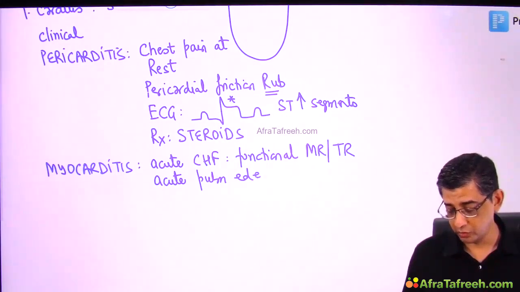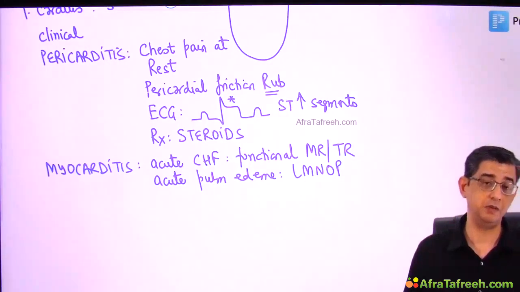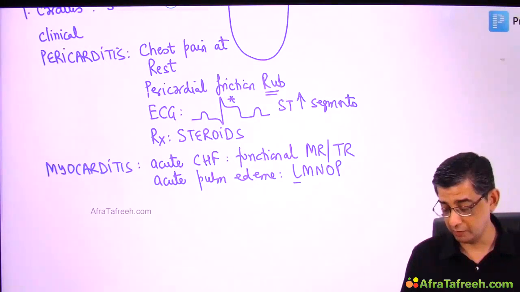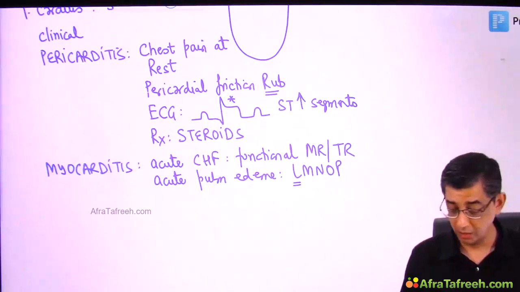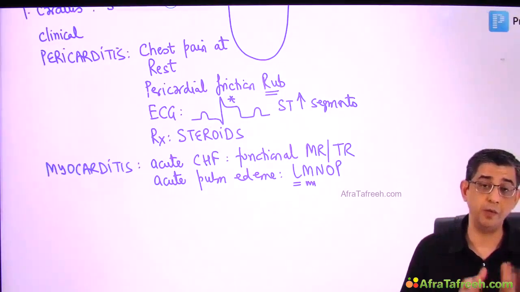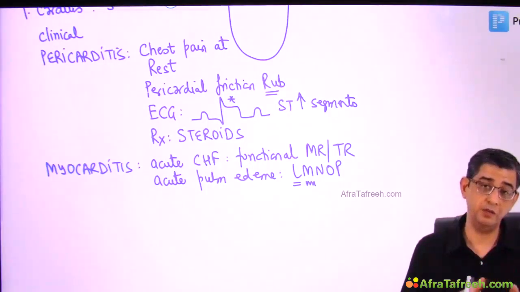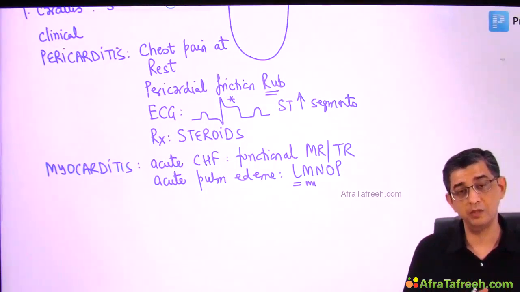we will have to use a couple of drugs that I've highlighted, that is LMNOP: Lasix, morphine, oxygen, and positioning. I've discussed that even in congestive heart failure component that we will be using Lasix, that is a diuretic. Why do you use morphine? Because morphine causes shunting of blood from pulmonary to systemic circuit. In simple English, it means that the blood will be shunted away from the lungs per se, so the pulmonary